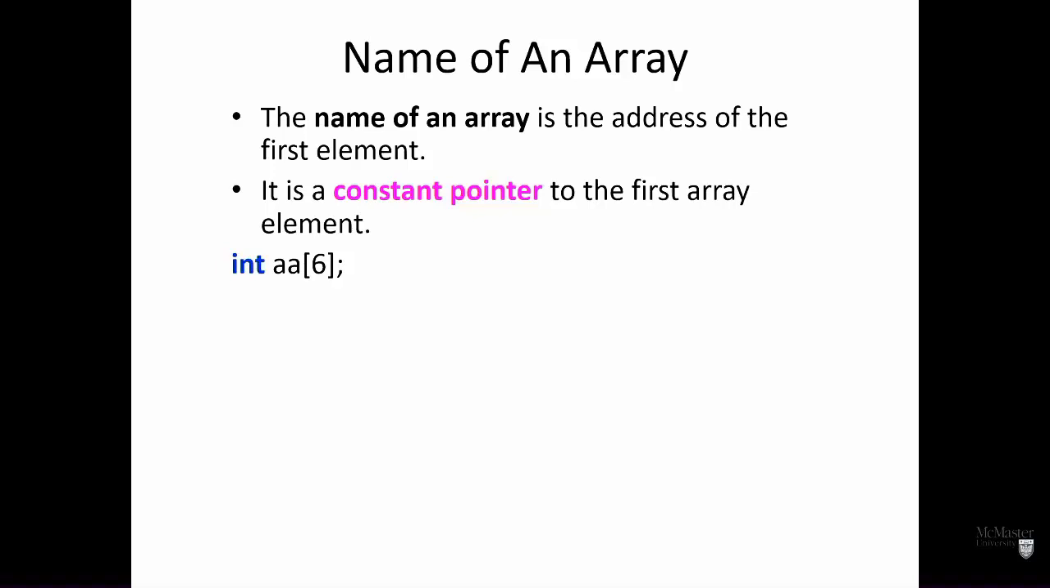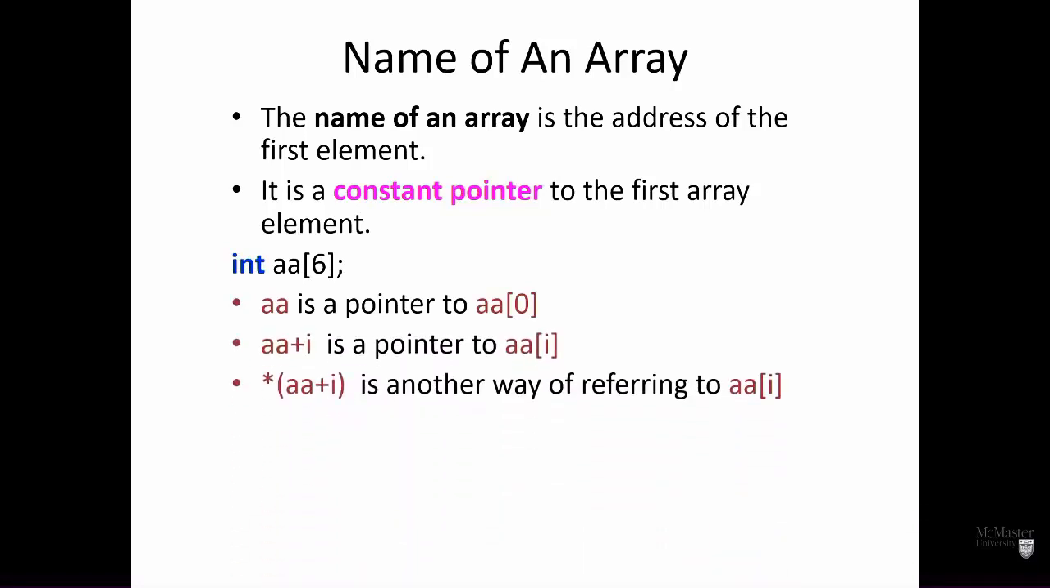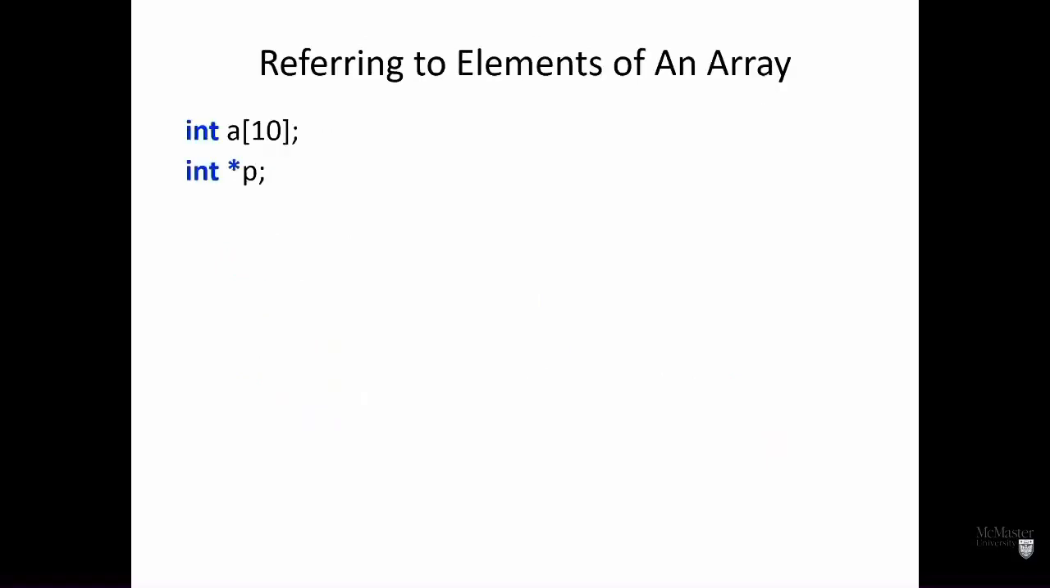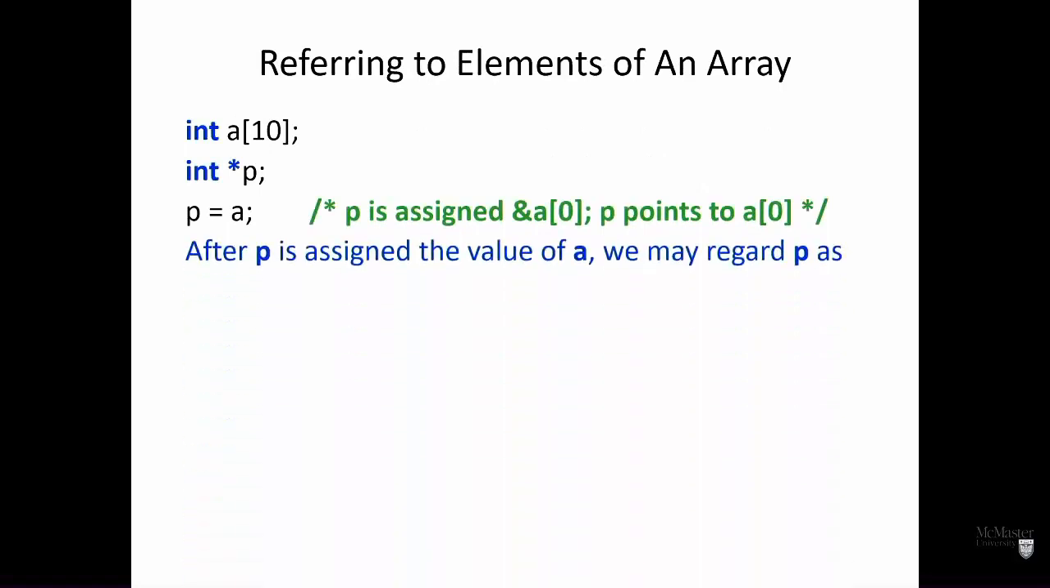And this is intuitive, because if you change a value, now you lose the access to this array, right? A has to keep pointing to the first element. So it's a static pointer, or a constant pointer, not a variable pointer. And this gives us some differences in practice. It's not just like an abstract difference. So a is a pointer to a[0], a + i is a pointer to a[i]. We already know this, but